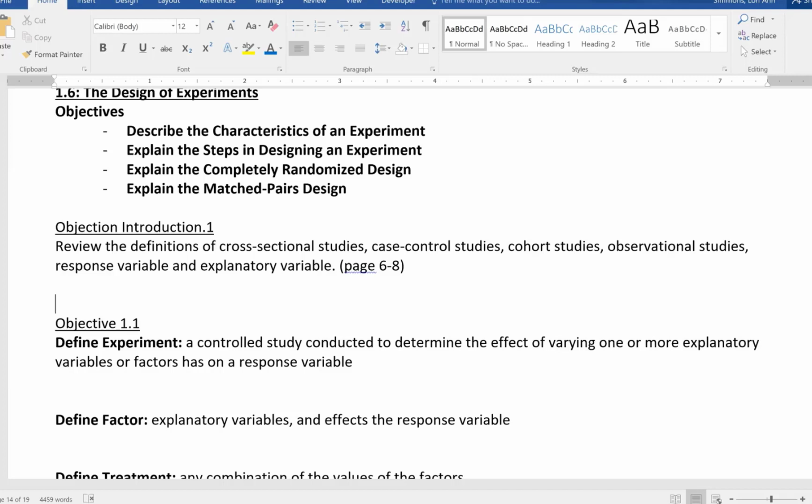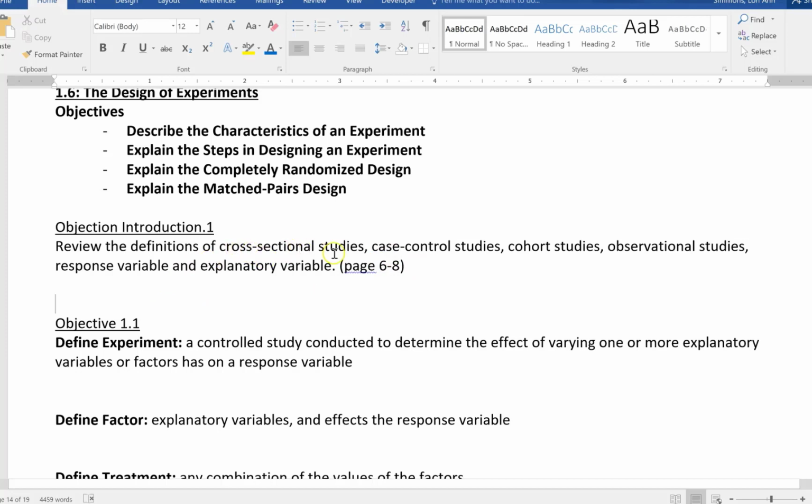Section 1.6, the design of experiments. The objectives are to describe the characteristics of an experiment, the steps, and explain completely randomized design and match pair design. So what I would like you to do is go back to pages 6 to 8 and review the